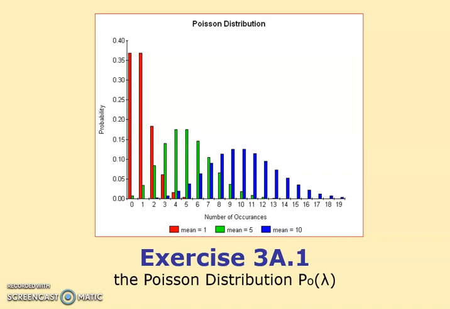Hello there, this is exercise 3A.1. It's our first look at the Poisson distribution, probably in year 12 further maths, but could easily be done in year 13 as well. Now, the Poisson distribution, named after a guy called Simeon Poisson, who was a French mathematician